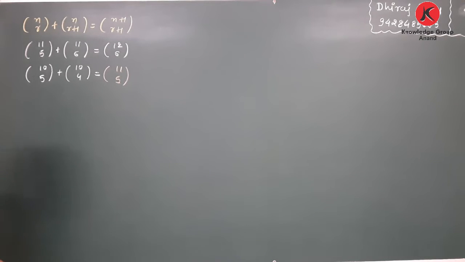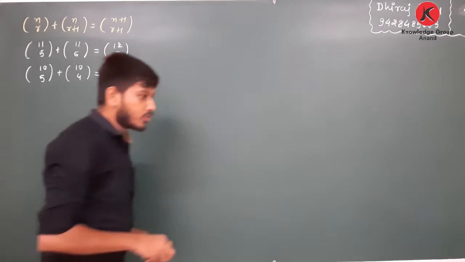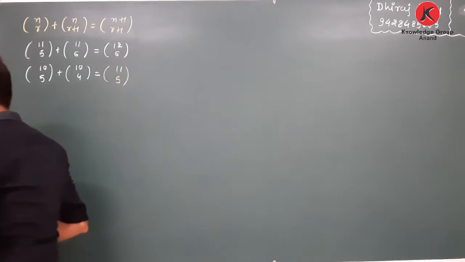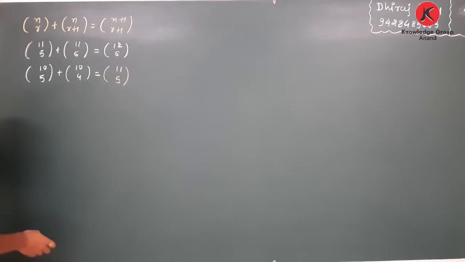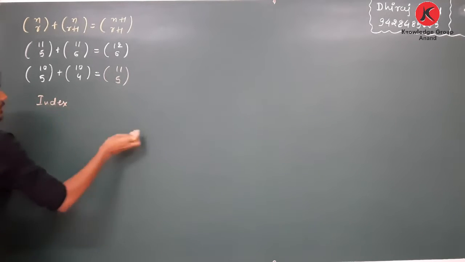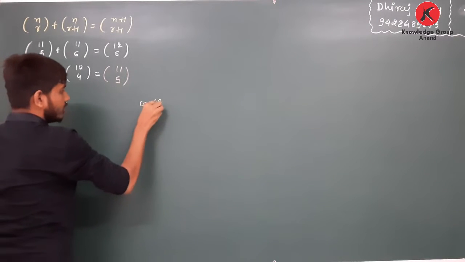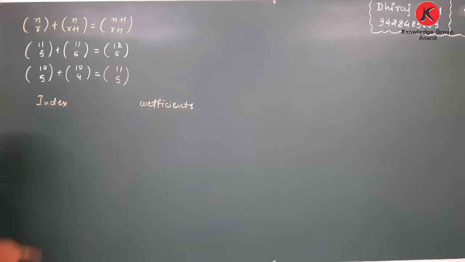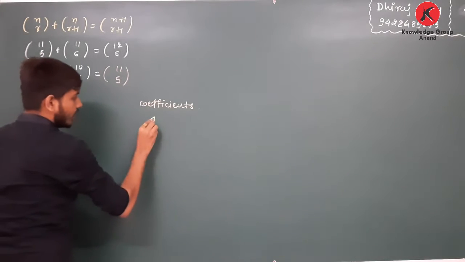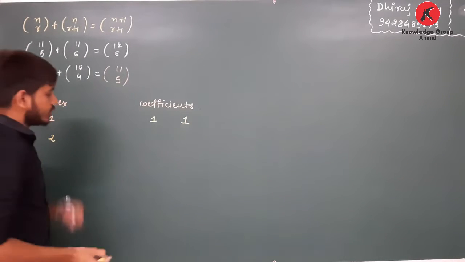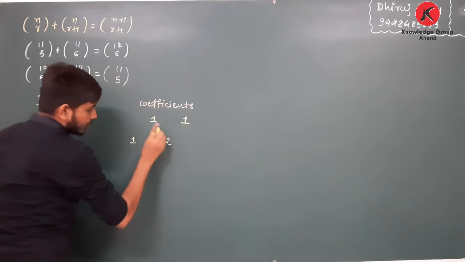Now we are going to discuss the relations of coefficients and index. We are going to define and discuss that relation. We know that there are the index, suppose this is the index and these are the coefficients. We know the coefficients of terms A and B. Suppose the index is 1, then the coefficients are 1 and 1. If the index is 2, then the coefficients are 1, 1 plus 1,